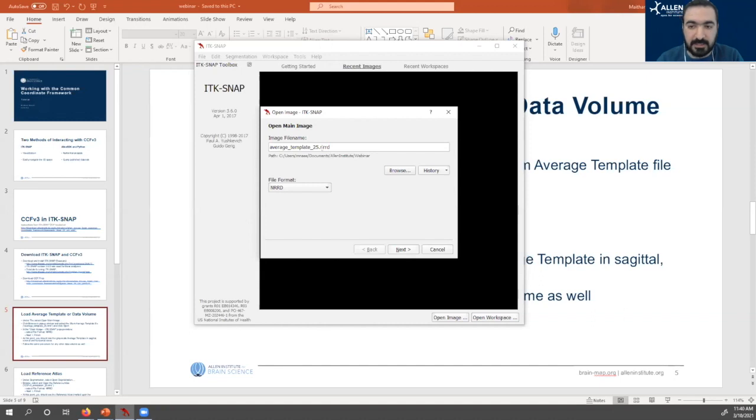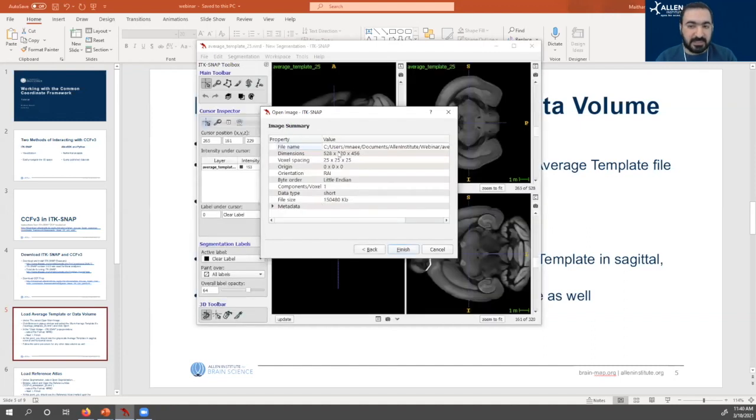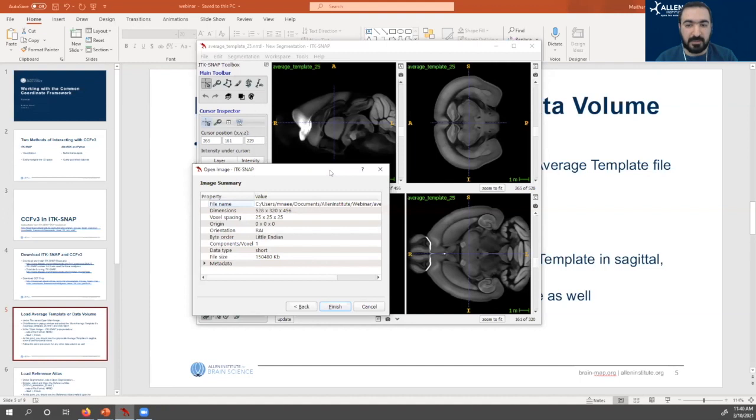And this is an NRRD file format, so that's correct. And we click next, and it gives us some metadata about this. So this is a 25 micron volume that we've downloaded. Through our SDK, which I will explain, you can download at a 10 micron resolution, 25, 50, and 100. But here we're working with the 25 micron